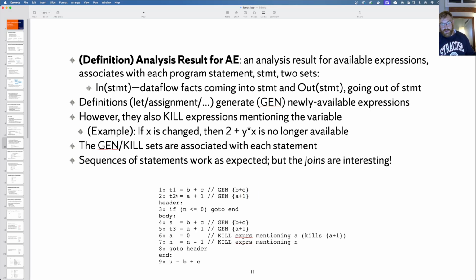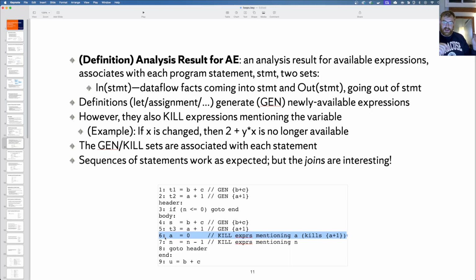But as well as generating some analysis facts, we also might kill certain other analysis facts. So for example, on line 6 right here, I write 0 to a. Now this kills the availability of any expression mentioning a, because now I've overwritten a.